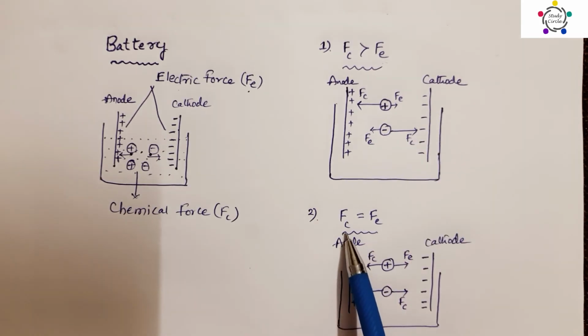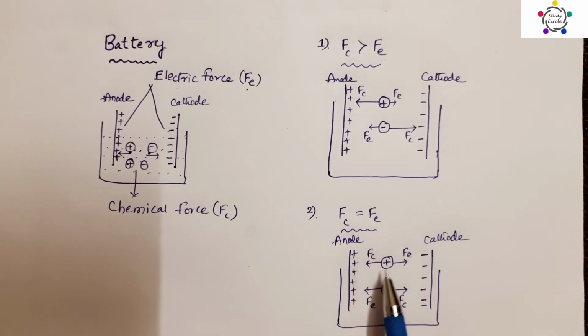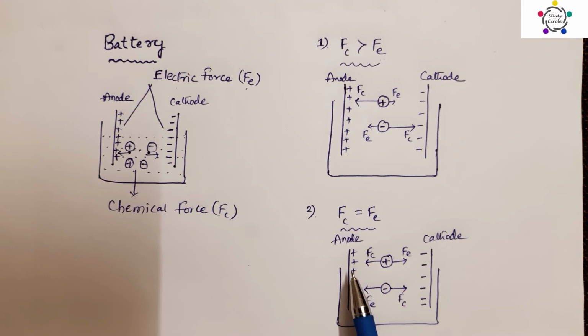So the negative ions move towards the respective plates to accumulate on that plate. What will happen if the chemical force is equal to the electric force? At this situation, the magnitude of chemical force and electric force is the same on the positive and negative ions. So the accumulation of ions on the respective plates will not occur, because the force acting on the positive and negative ions is the same. The accumulation of these charges will be stopped.